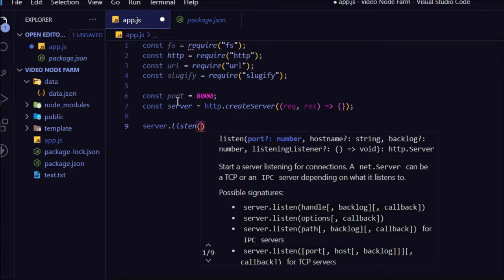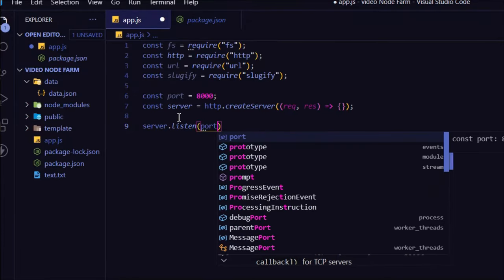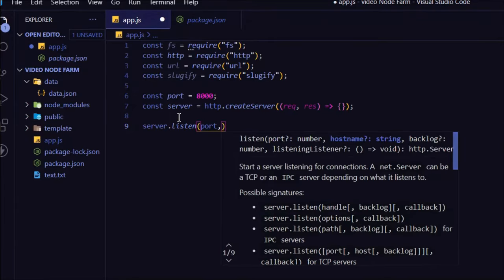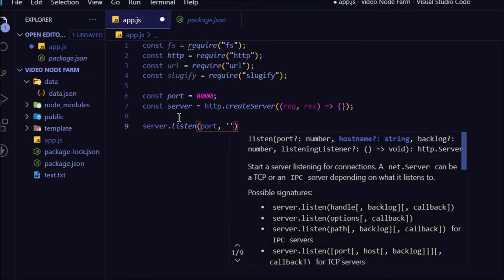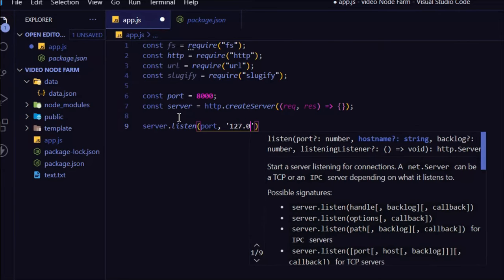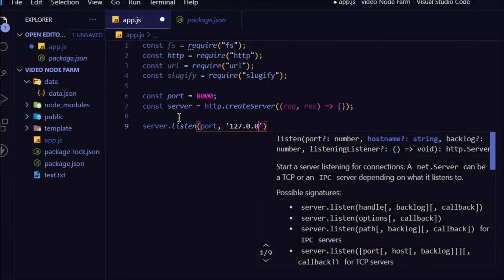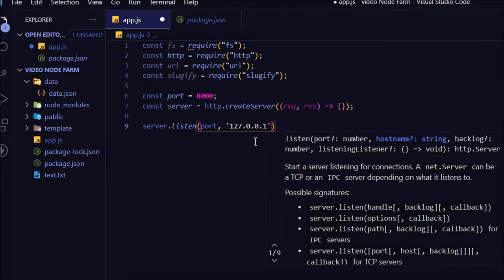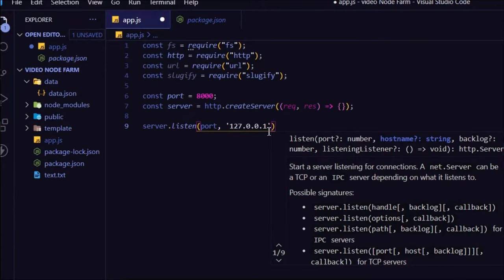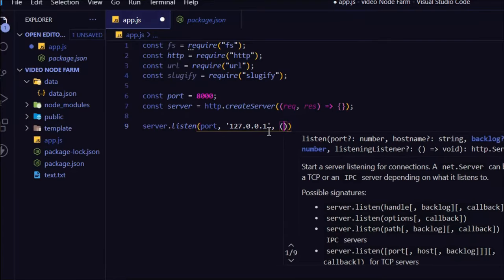I have created the port variable already, so I'll say port, and 127.0.0.1, and this is actually going to be the URL of your computer. This is how every Windows computer starts, or every application starts. This is the normal for all computers. Simply come here, and here you have to run a callback function,